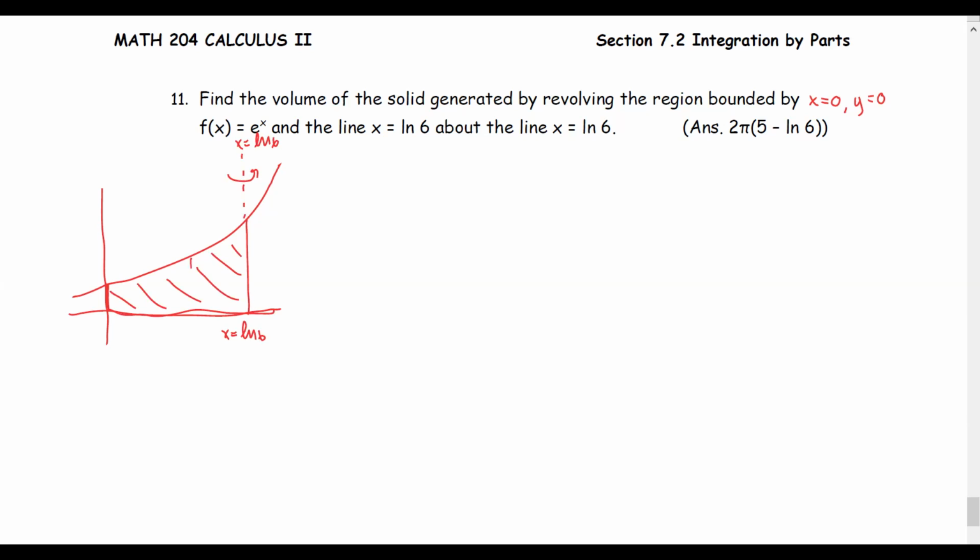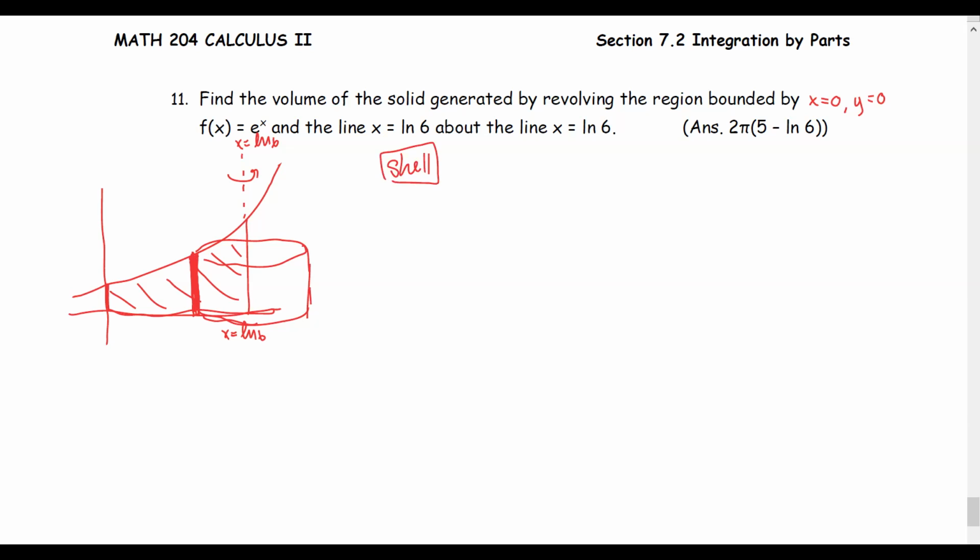In this case, it's more convenient to use the shell technique. So make a partition parallel to the axis of revolution. We would get the solid of revolution for one shell that looks similar to this. To use the shell technique,